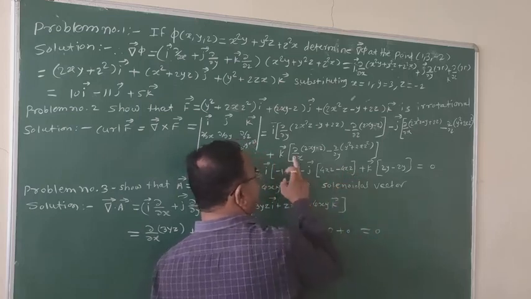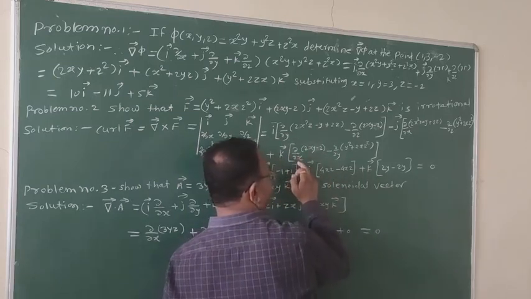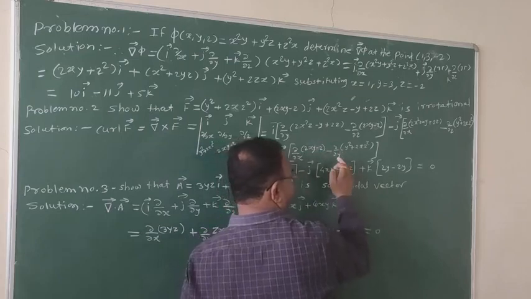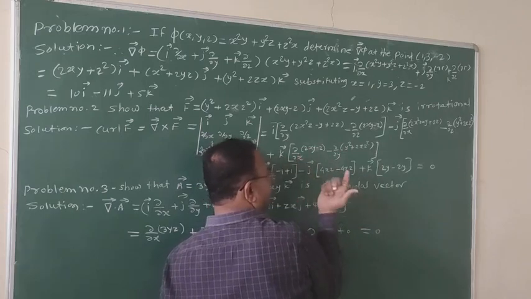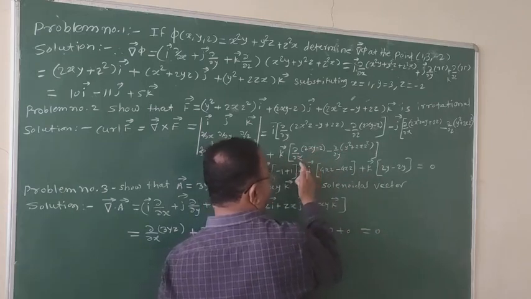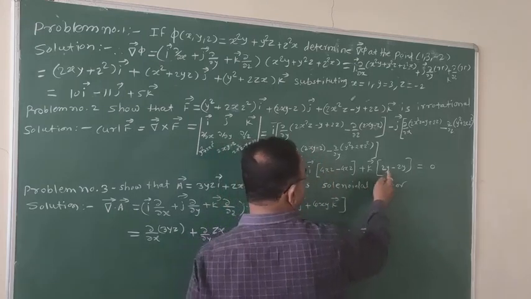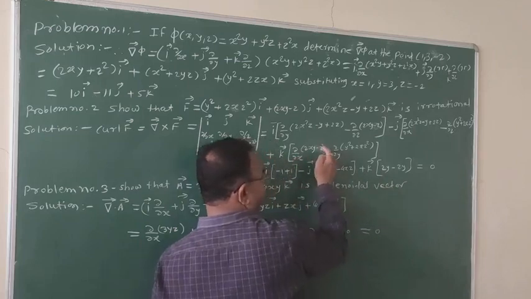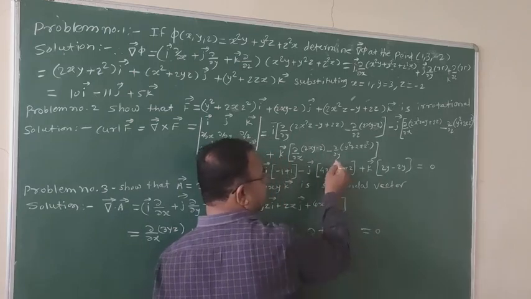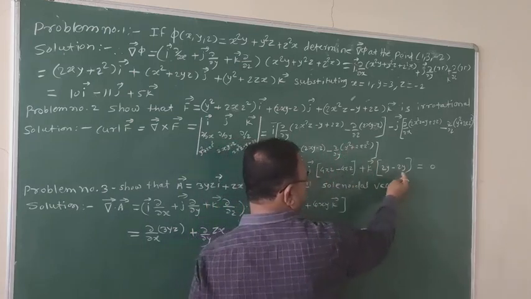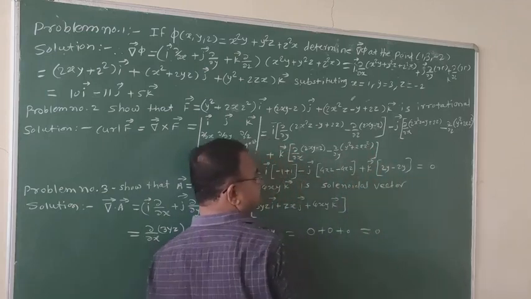In a similar way, here we can take partial differentiation: plus k bar of ∂/∂x operating on this term, ∂/∂y operating on this term, and here x is variable. That means y and z are constant. Therefore, the partial differentiation of the first term is 2y. The partial differentiation of the second term, which is a constant, is 0. In a similar way, partial differentiation of y² is 2y, minus 2y. And here the second term is constant, therefore it is 0.